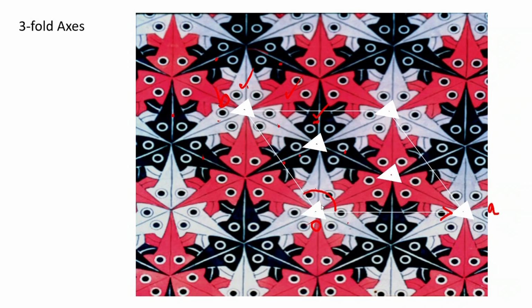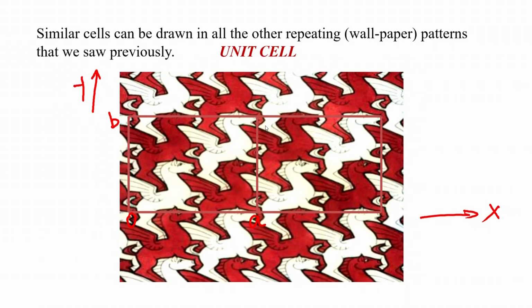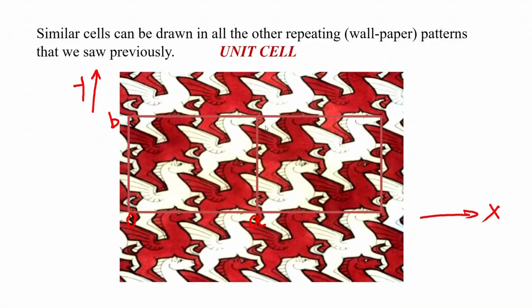The presence of b will be in such a way that we have to now define the direction of b. It is not with respect to the 90-degree angle, and so this becomes an issue in case of 3-fold and 6-fold. It is not an issue in case of the 2-fold and the 4-fold. Okay, so remember this, we will see why it is so important later. So, in this particular example, coming back to the definition of a unit cell, we define this unit cell as a repeat unit. It repeats itself in 2 dimensions to describe our entire motif.